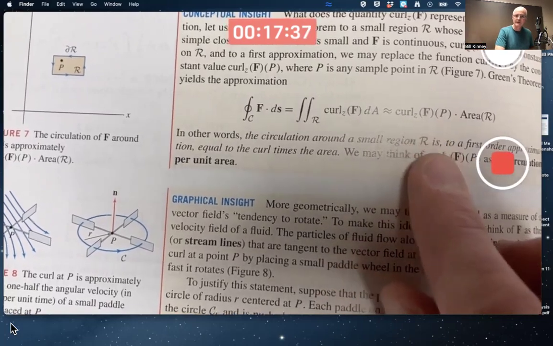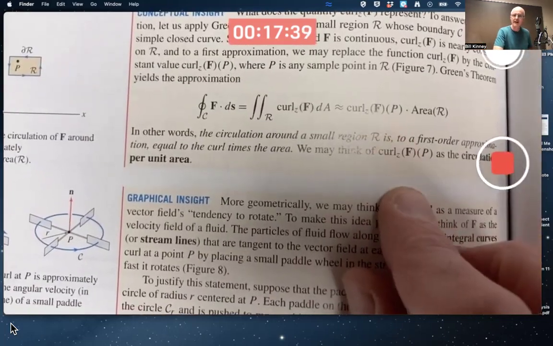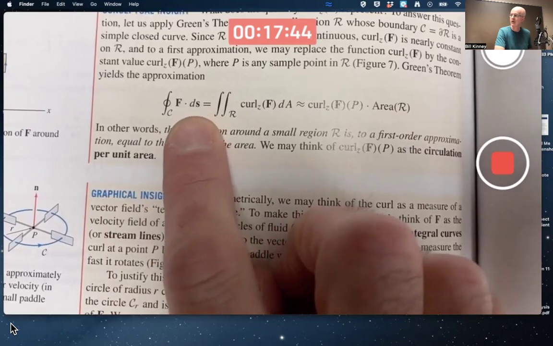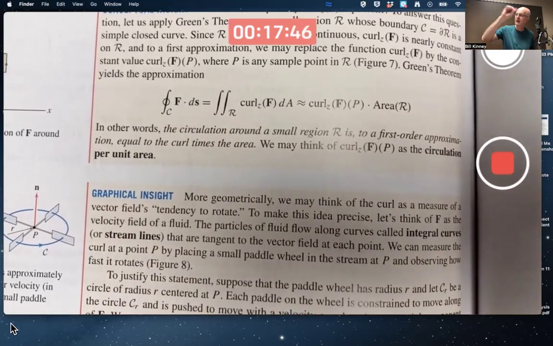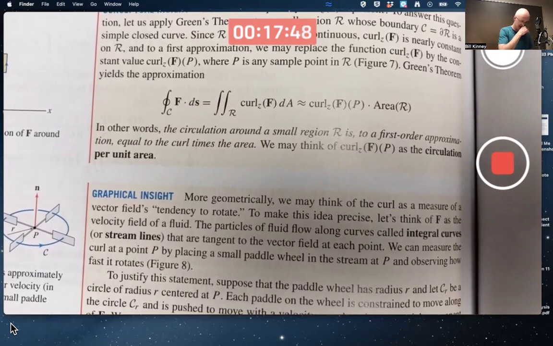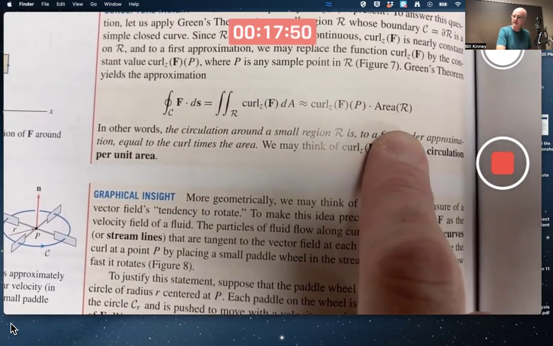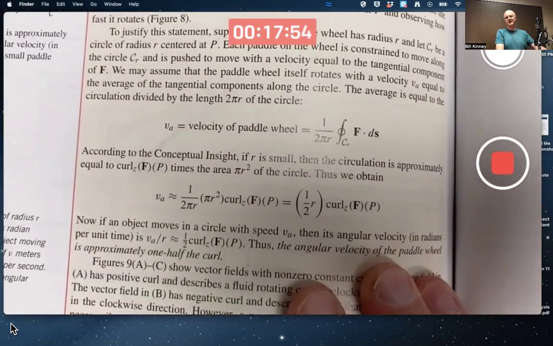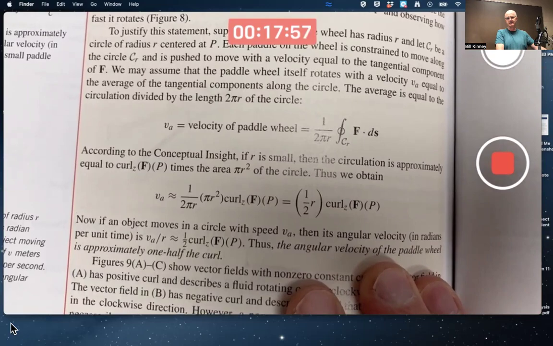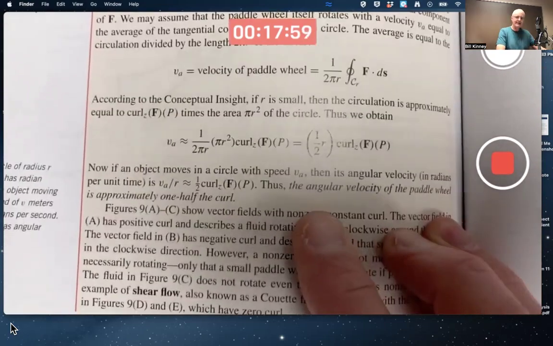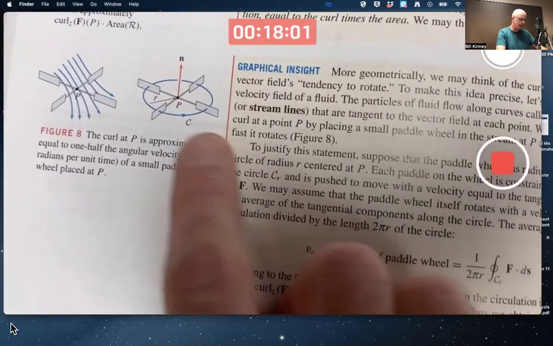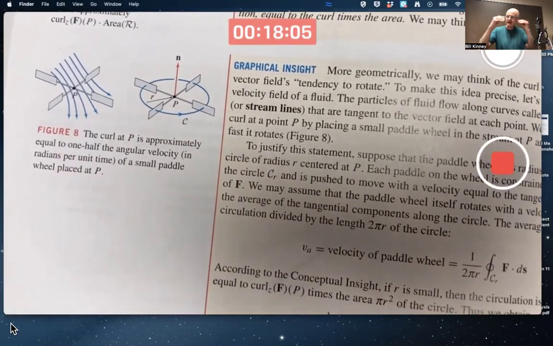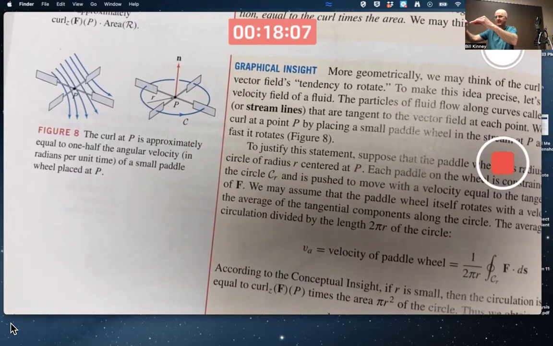Likewise, the curl, because of this equation, can be thought of as circulation per unit area, because that line integral represents circulation. How much is the vector field flowing with the curve? Circulation per unit area if you divide both sides by the area. And that, through a bunch of explanation which I'm not going to go into the details of, ultimately says if you put a little paddle wheel in a 2-dimensional vector field representing a thin sheet of fluid, effectively a 2-dimensional